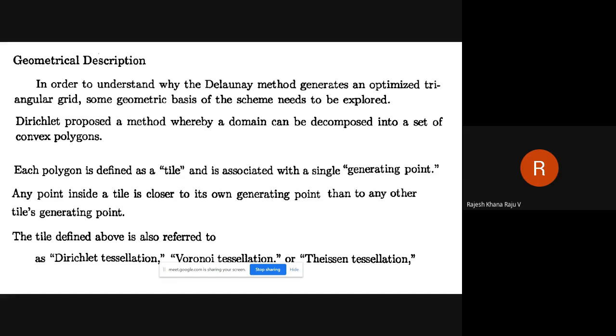Each polygon we create here in the Delaunay method is known as a tile, and at the center of each tile, that is polygon, you have a node which is known as a generating point.